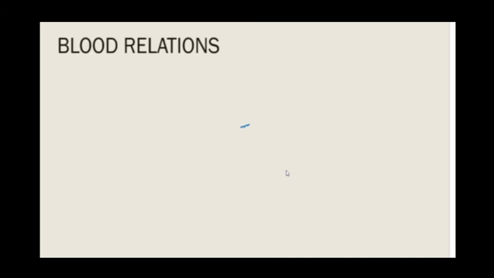So, if you have a father and a mother, anyone who is brother of father, we call them uncle. Suppose, let us assume that you are the person, you are the son. So, your father and mother. Father's brother, what is the relation? You call it uncle. Mother's brother, what do you call? Mother's brother is also uncle.